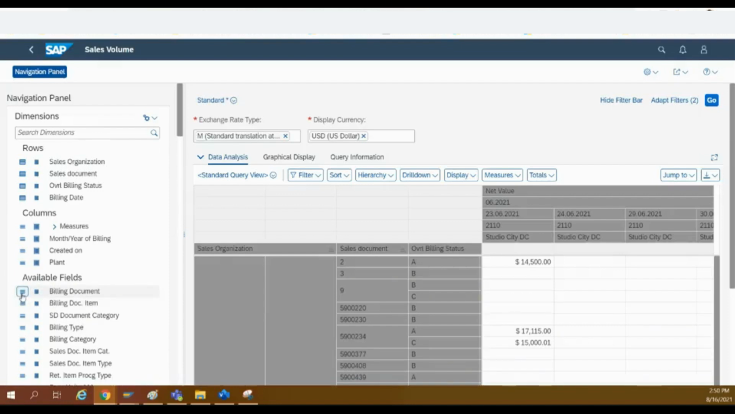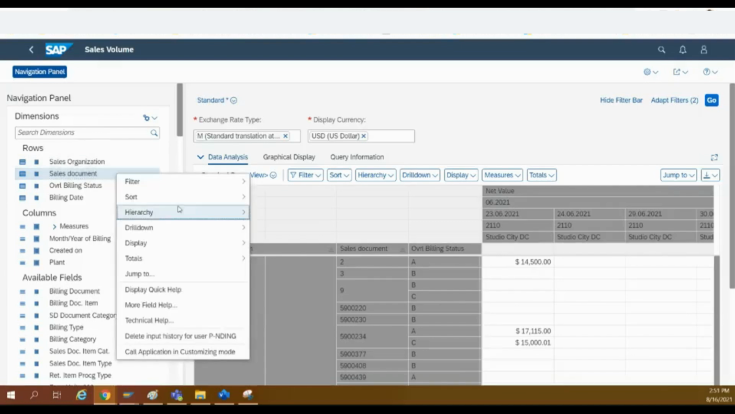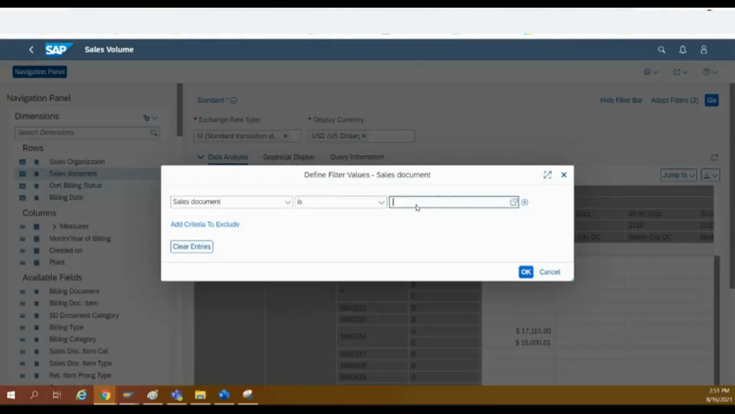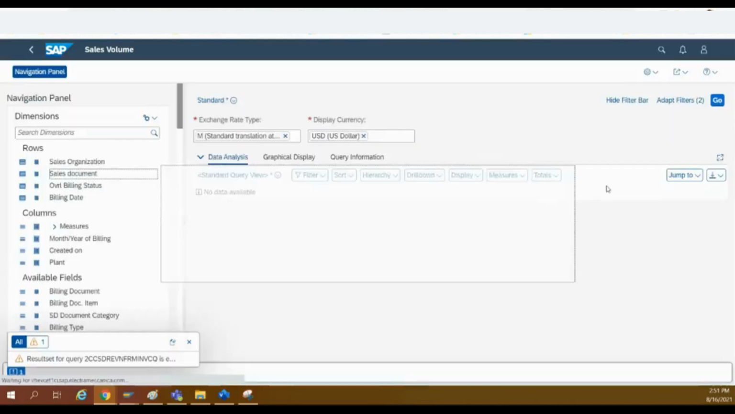This icon means if I click on this one, it will add the related information, billing document number, to the rows of this report. You see, I already have sales document in this report. Now I want to see, by sales document, let's do a filter, select a filter value, and put the filter value as 5901424, which is our sales document number. Okay, now click on OK. So system will try to